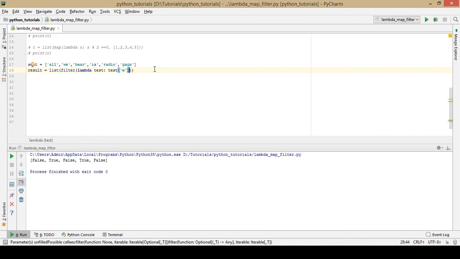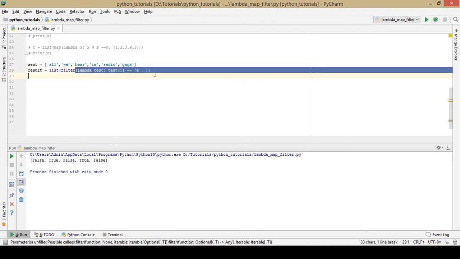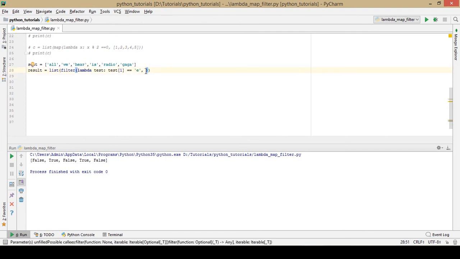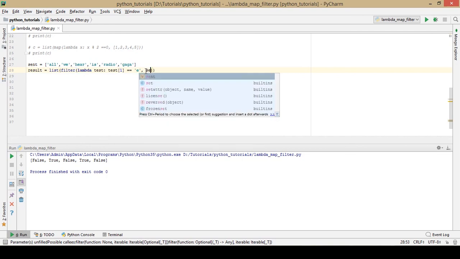Okay, sorry, I'm taking the second character, indexing starts from 0, so 1 will give us the second character of the particular item, and if that second character equals E, then I want it as an output, and if it is not E, then I don't want it in the output list. So this was the function that I created here, and next I mentioned the iterable, that is sent here,